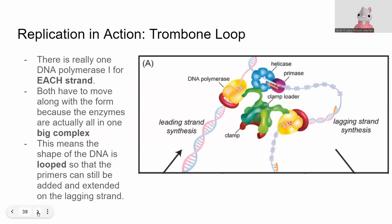Okay, now that was what we considered the DNA replication model. A model is something that you can use to understand and predict. The realistic view of what replication looks like is a little bit more complicated. So we showed all of the enzymes moving independently on the leading and lagging strand. But in reality, all of the enzymes, like you can see in this picture, are held together in one big complex. So instead of having that nice little bubble with everything moving independently away from the center, it's a little bit more complicated